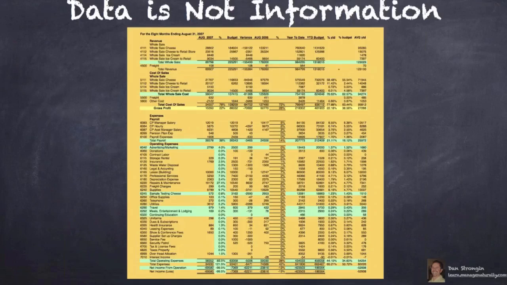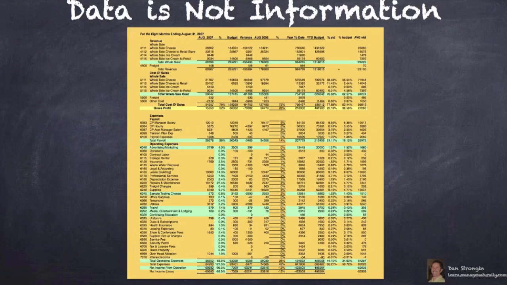That data is not information, and many of the reports that people use as the sole feedback for how their business is running, in many cases, as you leave manufacturing, are kind of filled with logical connections that don't exist in the real world. Like George Box's old saying, all models are wrong, some models are useful, and there's a lot of useless models built into the kind of reporting that we get.